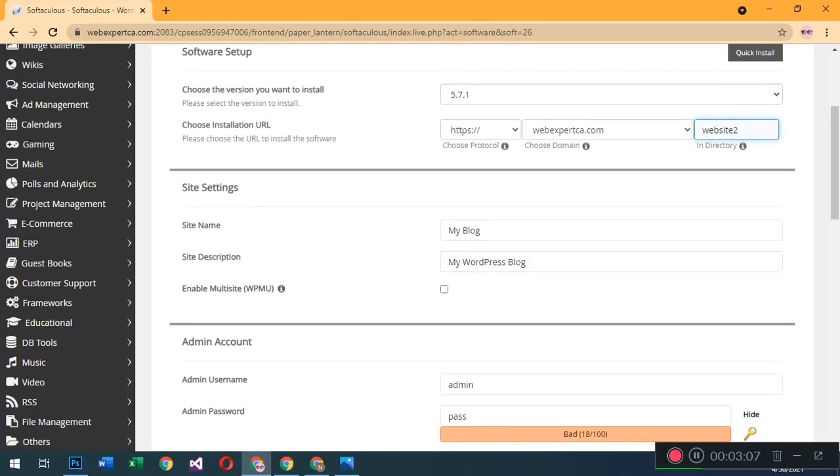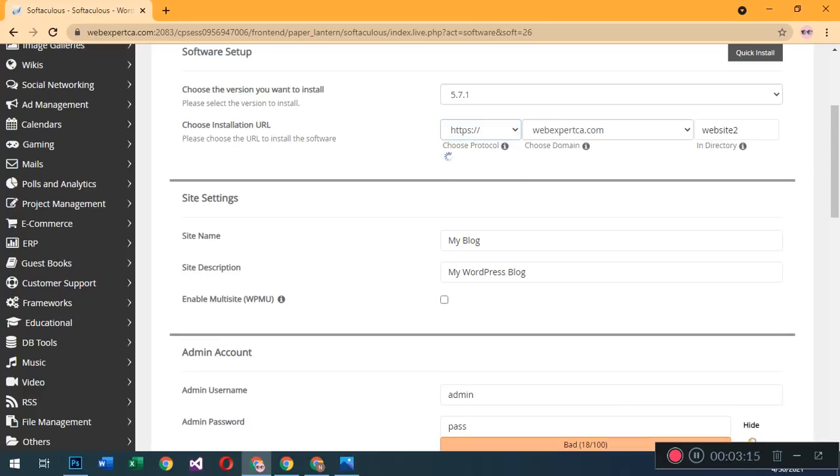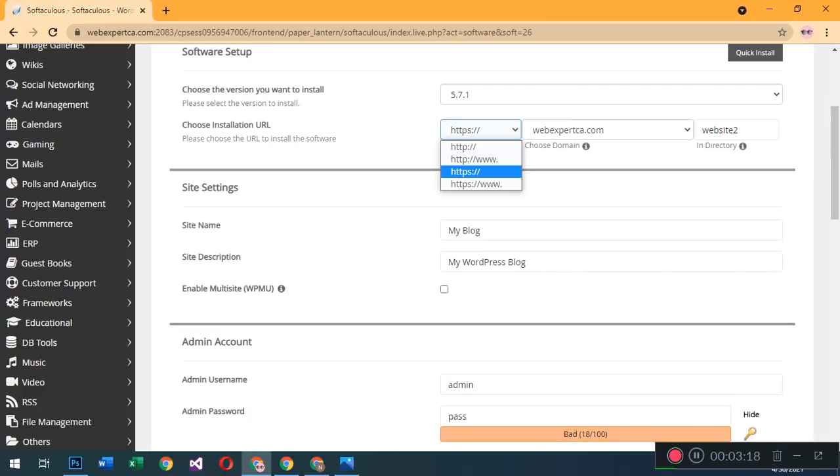In this next section, a very important section, you need to choose the protocol to install with. You can choose HTTP, HTTP www, HTTPS, or HTTPS www. The most secure protocol in the world is HTTPS, and you must use this protocol.